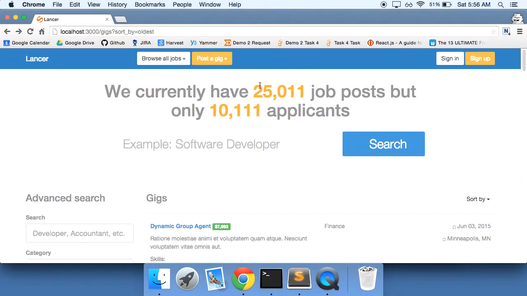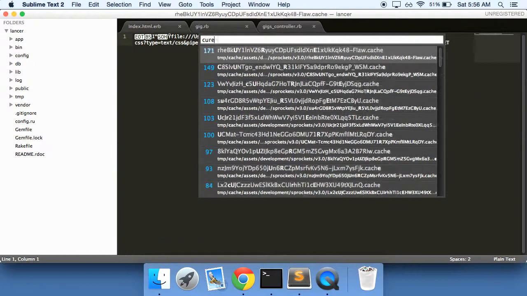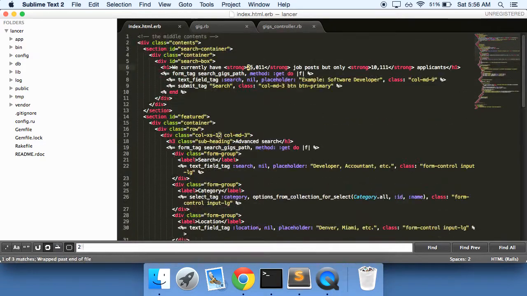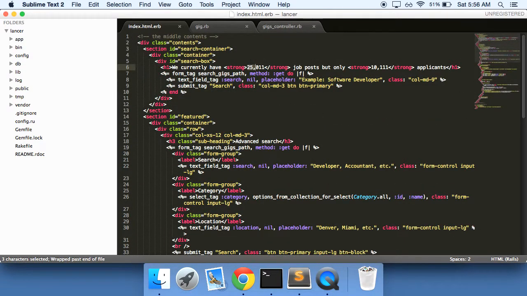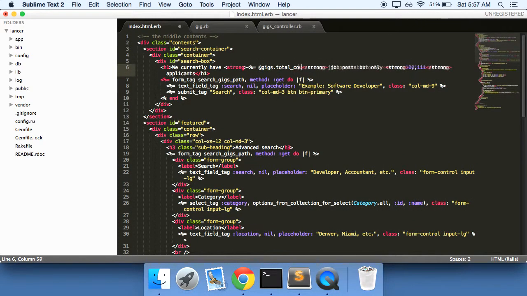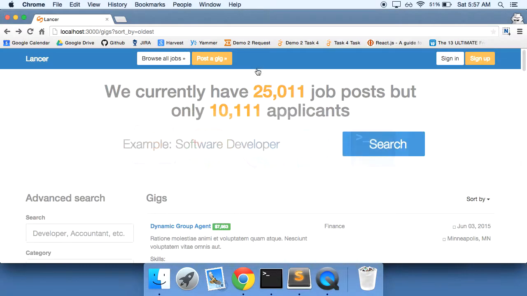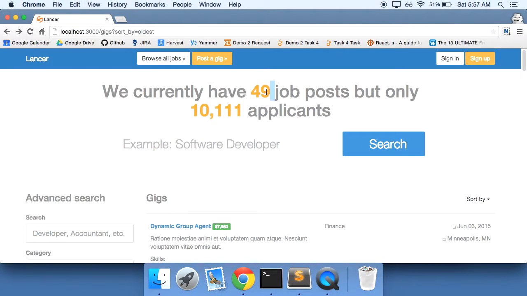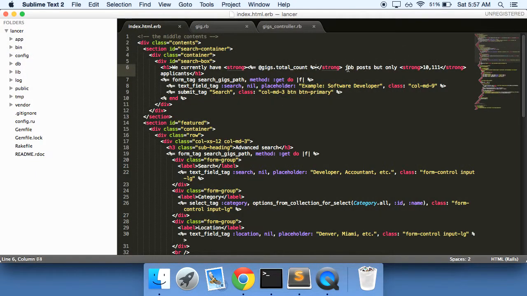And actually, let's change this up here as well. Forgot about that. So if we go to our currently 25, where's that? We currently have 25,000 gigs. Well, we know that's not correct. So we can say @gigs.total_count, do a refresh. So that's more accurate. We have 49 job posts. It's not job posts, it should be gigs,